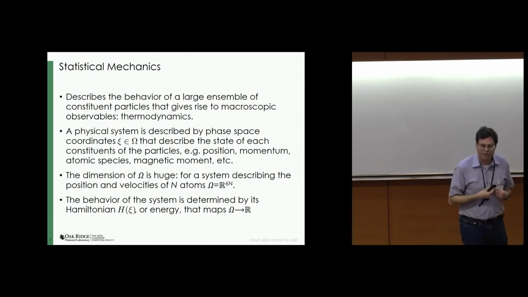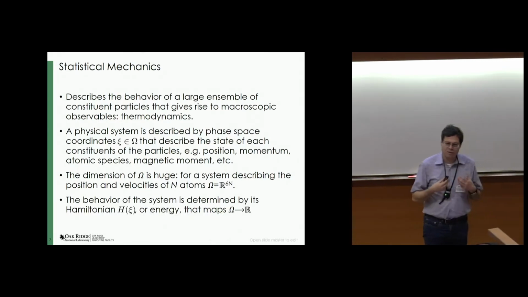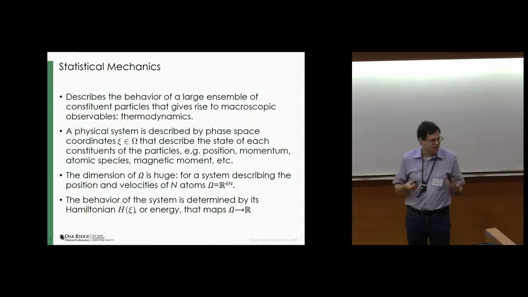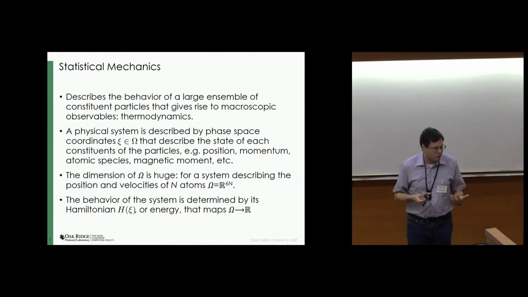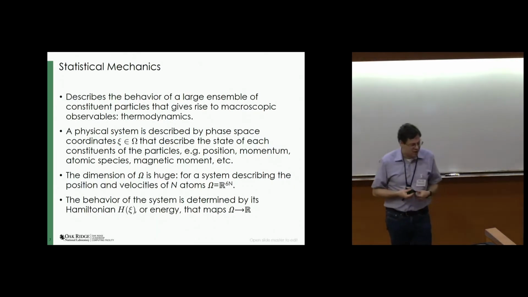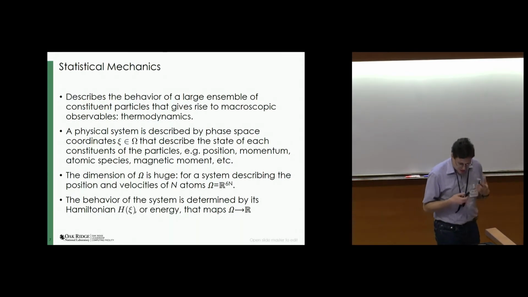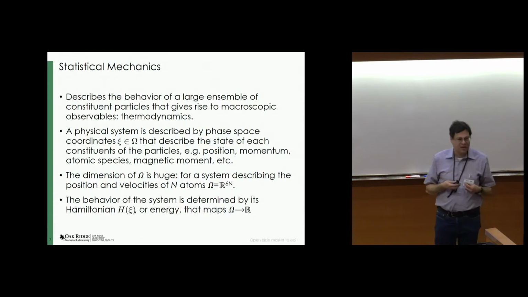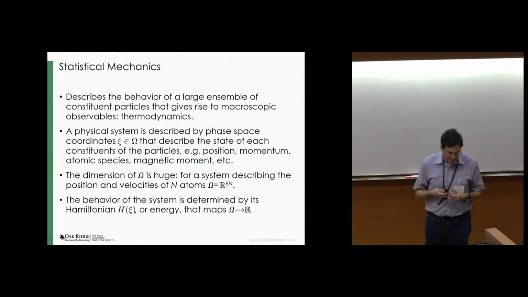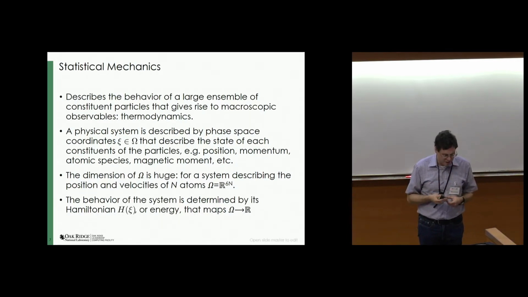There's no way you could describe all the trajectories using the laws of physics, Newton's equations, Schrödinger equation also directly. So we want to have a statistical description of how this system behaves, and